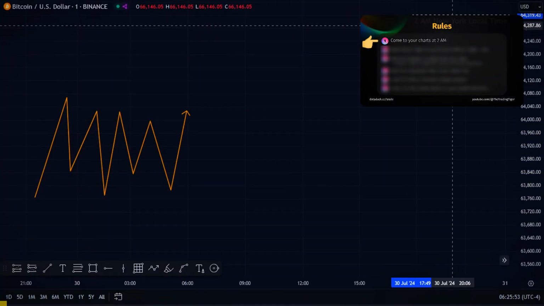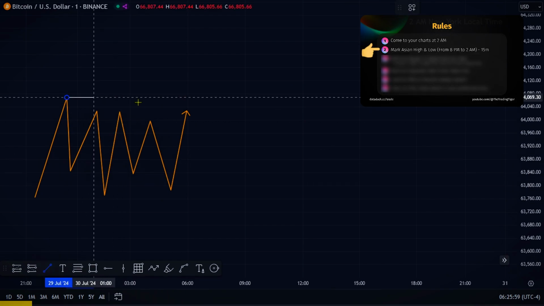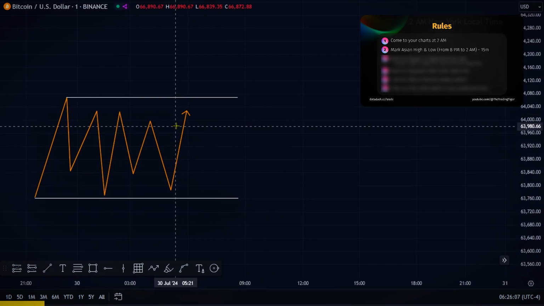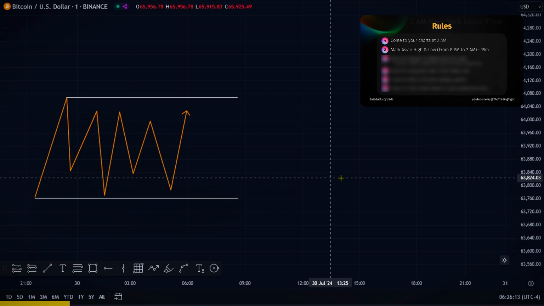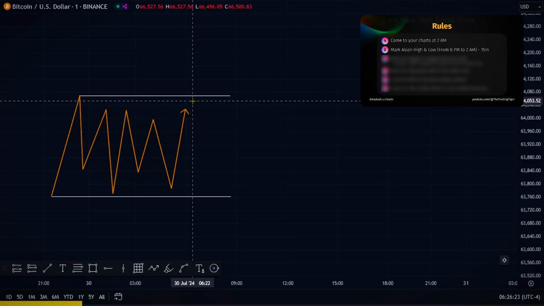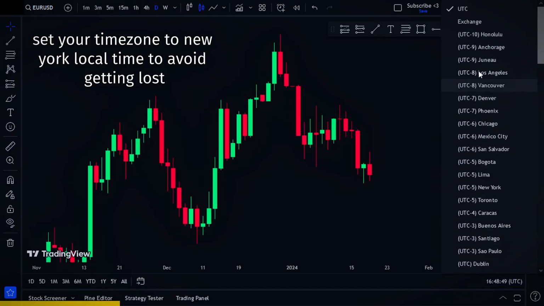First of all, you have to come to your charts at 2 a.m. and mark the Asian session's high and low on the 15-minute time frame. The Asian session is from 8 p.m. to 2 a.m., so mark out the session's high and low created during the Asian session. Remember, all of these times are in New York local time, so make sure to calibrate your TradingView chart to